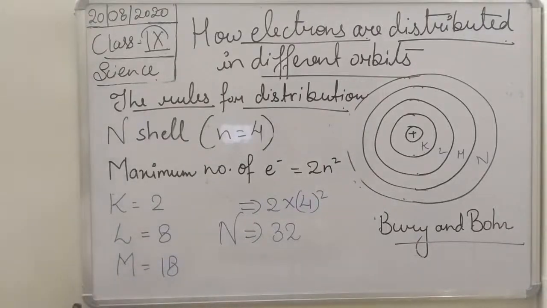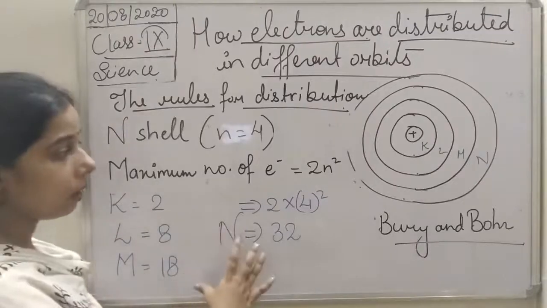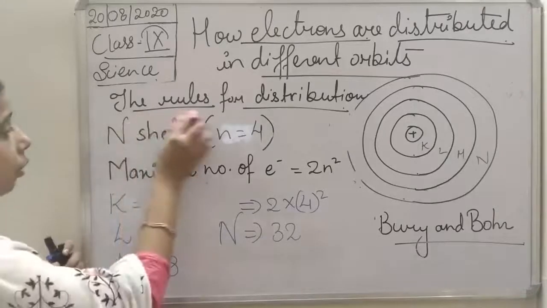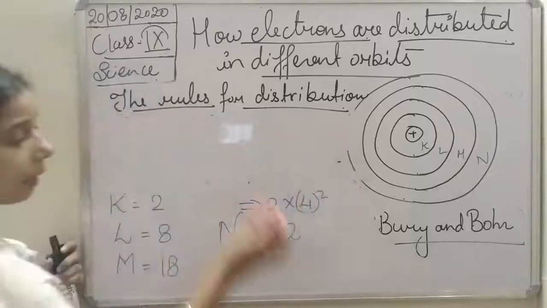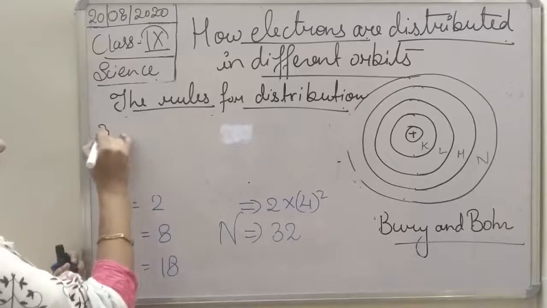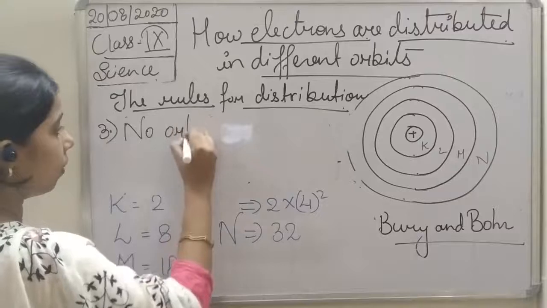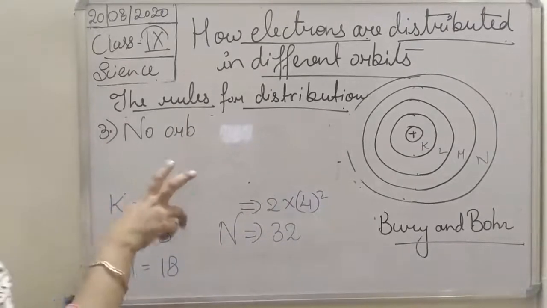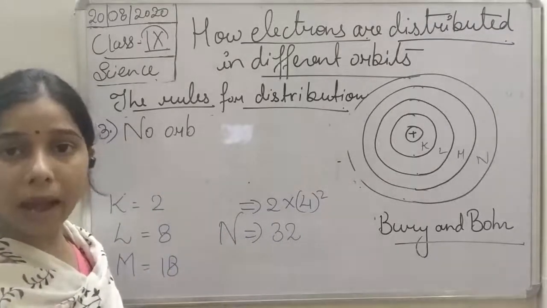Now when we talk about the third rule for the distribution, although you can see here that these shells can accommodate this many electrons, when you go to the third rule, which is given by Bohr and Bury, it says that the maximum number of electrons in the outermost orbit of a stable atom, students,